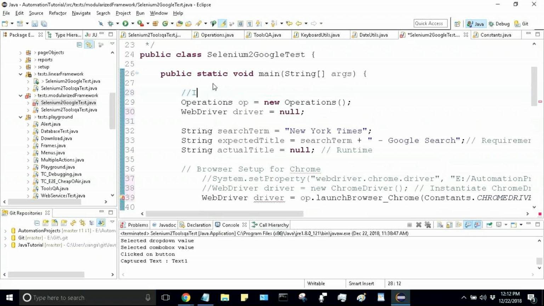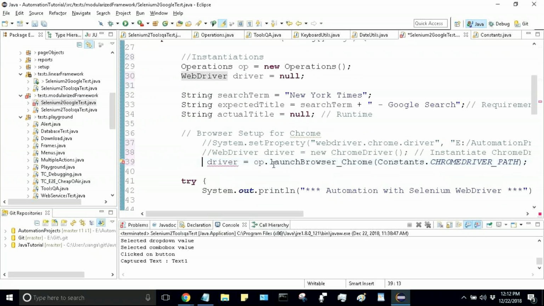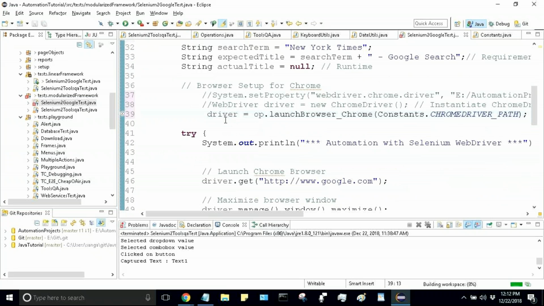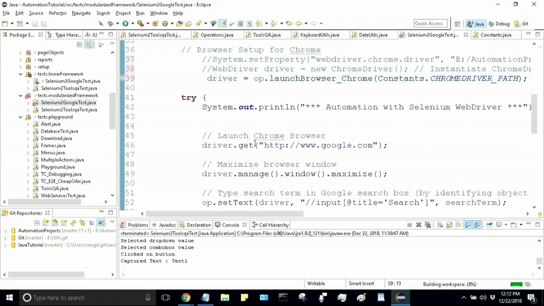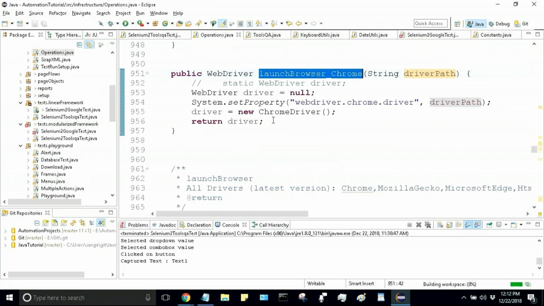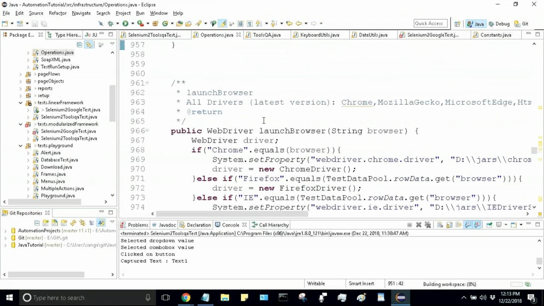So I'm going to do the instantiations. Then assigning the driver value from my reusable function launch browser Chrome, which will take the Chrome path from constants and return it. The rest is everything the same. This driver will be used throughout, right? Similarly, we can call a reusable function for .get. Let's see if it is also getting it. This is not getting it. So what I can do is